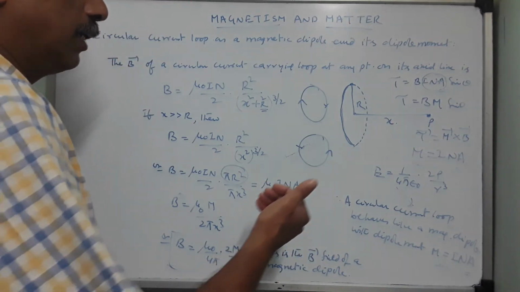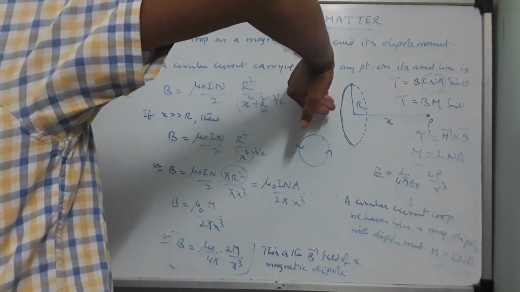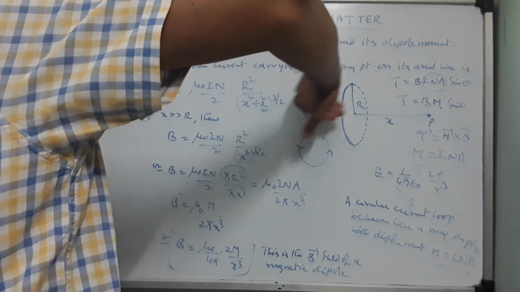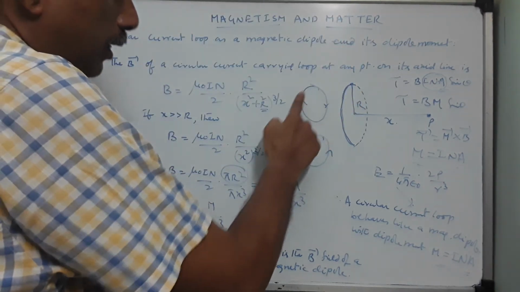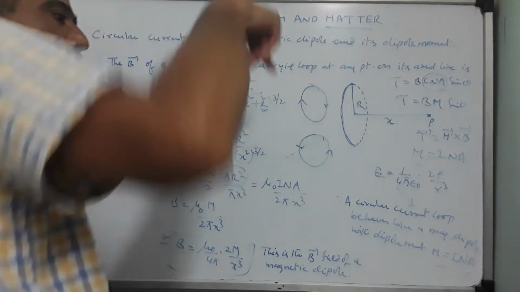Thumb rule कैसे यूज करेंगे सर? यूज करो. एक करंट डाउन में आ रहा है, ऐसा पकड़ लेना इसको. ओके, ऐसा पकड़ लेने से फिर कहाँ देखना है? सेंटर में देखना है. Area is here, so your fingers should come like this and bend into the plane of